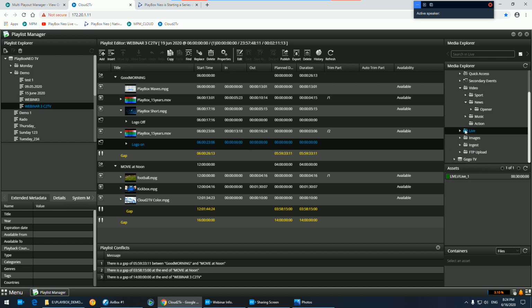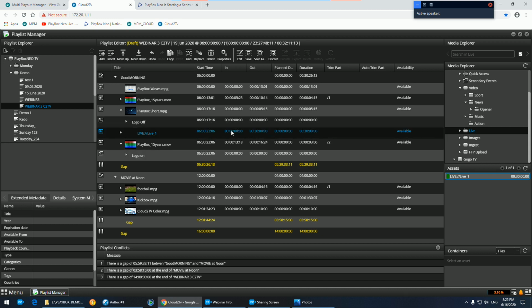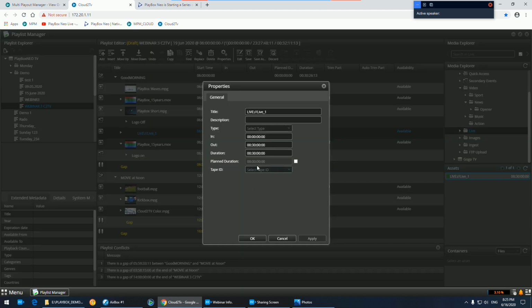When I said live, I can also have a live source as an asset. So I have a live one, which is a description of a live input of the playout system, and I can just drag it and drop it into the system. And that also is a very handy feature to be integrated into the system, so I can describe live sources. The person that does the schedule doesn't need to know the technical aspects of this. Once they're described in the system, he just decides here's a live source. I can go and deal with the properties,